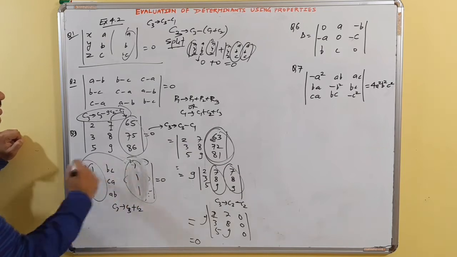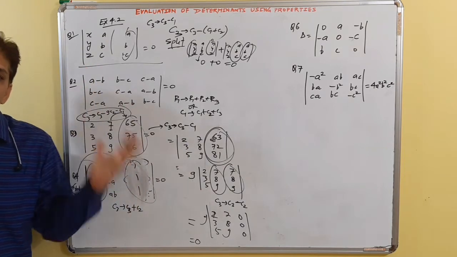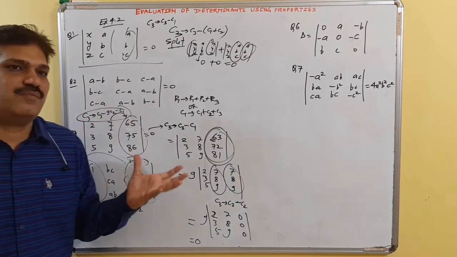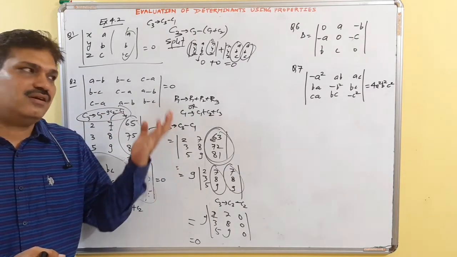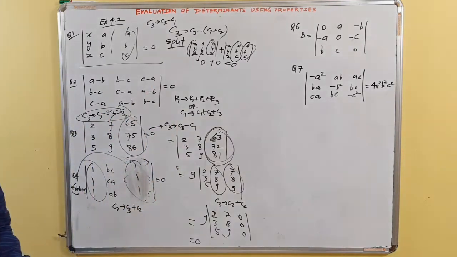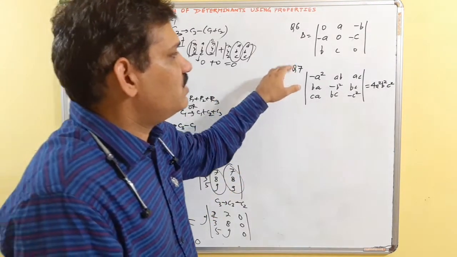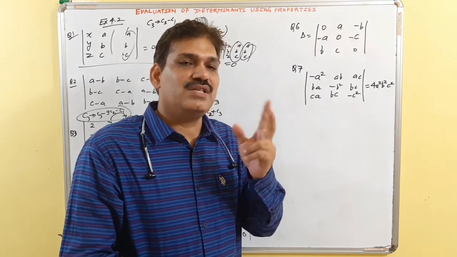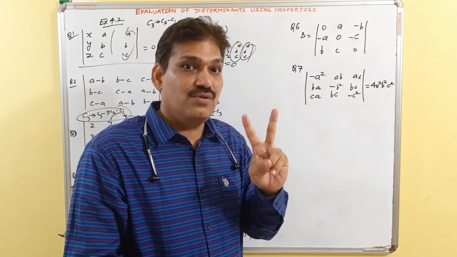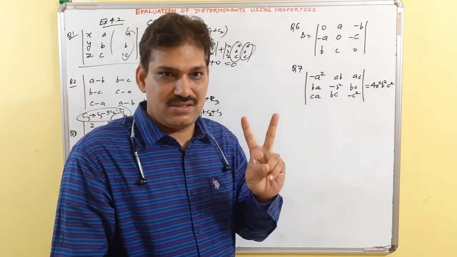These two are identical, so the value of the determinant is 0. These are the MCQ type questions which you can do easily if you have a good command of the properties. Now we go for questions in which we have to expand by applying properties, so we must apply at least two valid transformations.